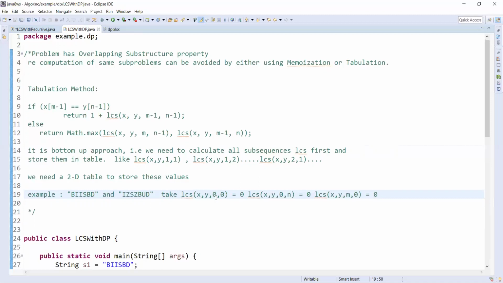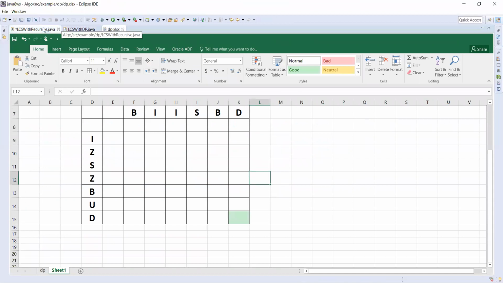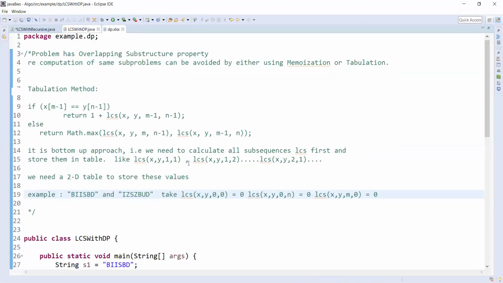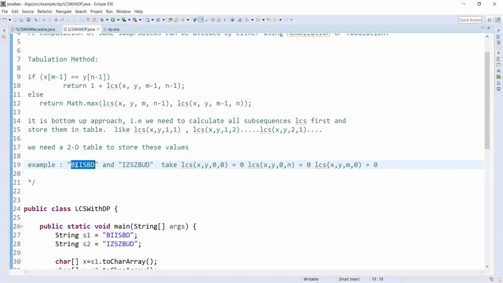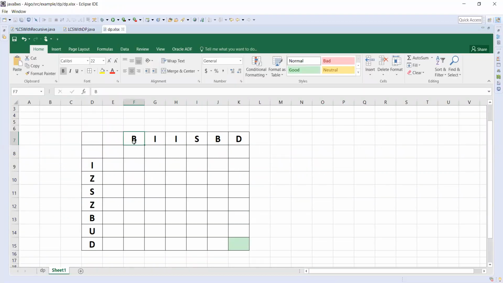I'll show how to draw a table and how to fill in this data. In our example, I'm taking the strings in the row and the column.